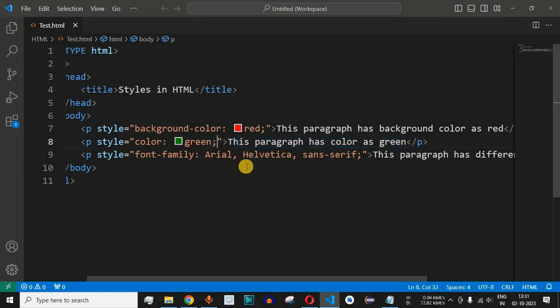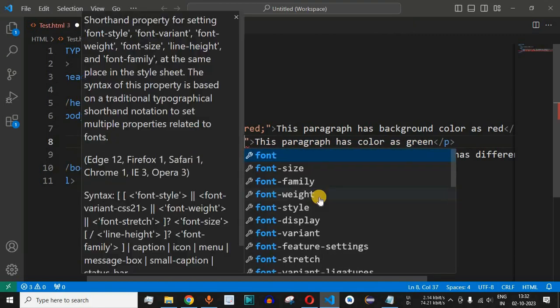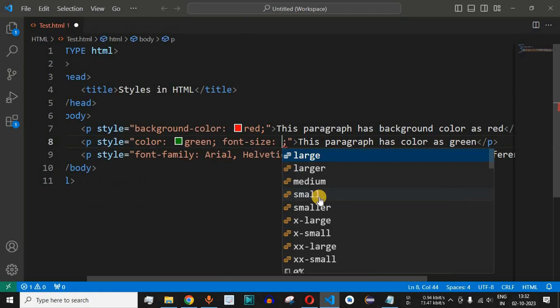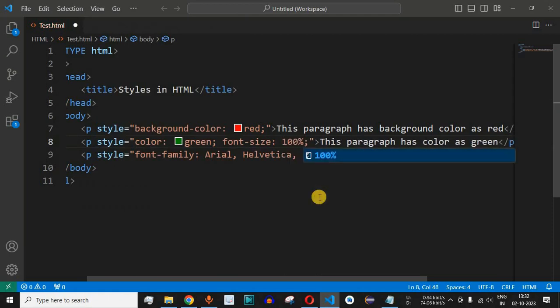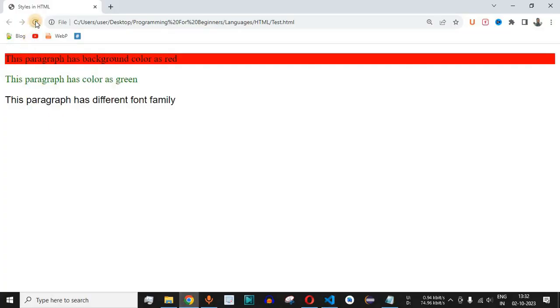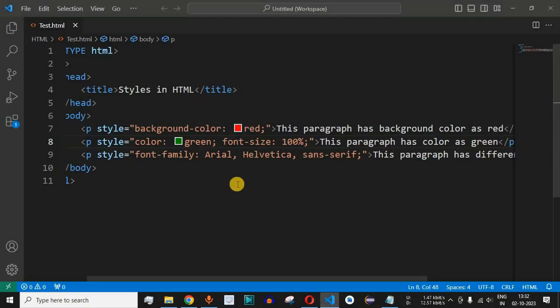So simply we have to come over here, after the semicolon we provide the space character so that it is more readable. So simply we have to provide the font size property over here, and when we provide 100%, no change will be observed on the web browser. So when we save this file now and try reloading this page, as you can see, the font size is same as the previous one. That's because by default the font size is the 100%.